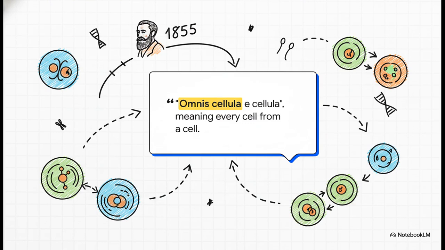To set our academic foundation today, we actually need to rewind all the way back to 1855. There was this brilliant German physician, Rudolf Virchow, and he laid down an absolute biological rule. In Latin, he called it omnia cellula a cellula, literally, every cell from a cell. The entire continuity of life is completely based on this one idea. A cell doesn't just magically poof into existence out of thin air. It's the direct descendant of a pre-existing cell, passed down in this unbelievable, unbroken chain of replication that stretches all the way back to the very dawn of life on Earth.